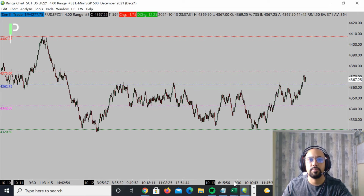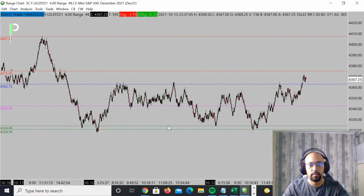So for S&P 500, we did have some nice downward movement into our area of support right around these 43.20s to about 19s. There's a little bit lower level right over here, kind of peaked off that area. You can see nice little bounce from that area, and then we shot right back up, going back into those 43.6275s. And then you can see above this level we have a next level of resistance coming in right around